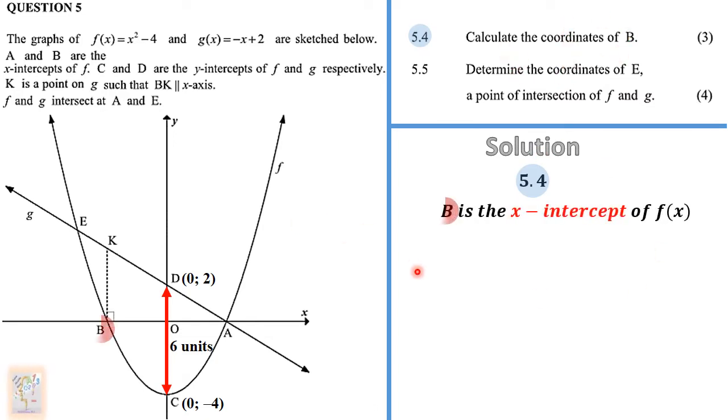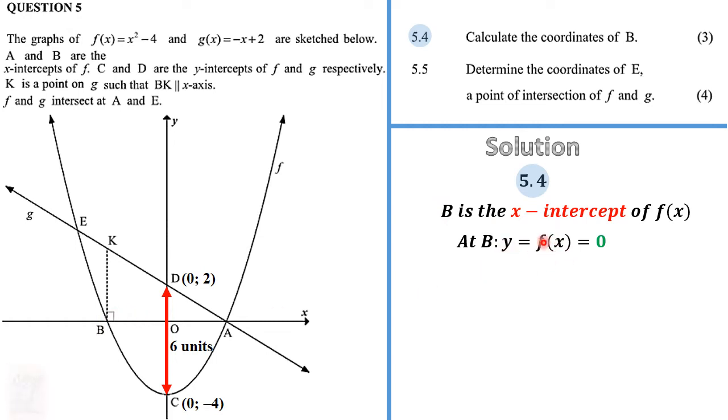What do we know about B? B is the x-intercept of what? Not of G. Is the x-intercept of what? Of F, the parabola. But it is not the only x-intercept. A is also the x-intercept. So we know at B, because this is the x-intercept, the value of y or the value of f of x